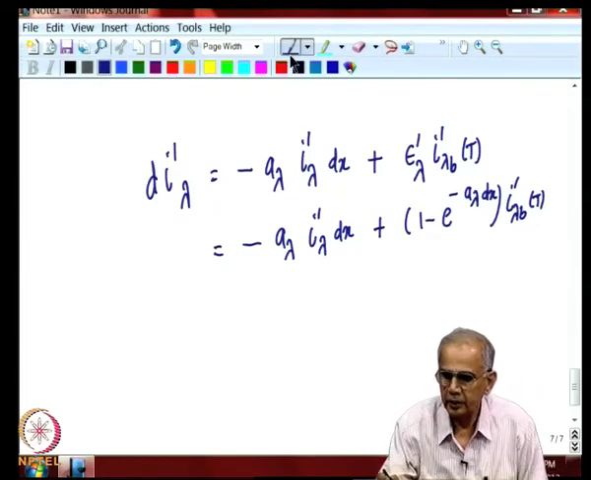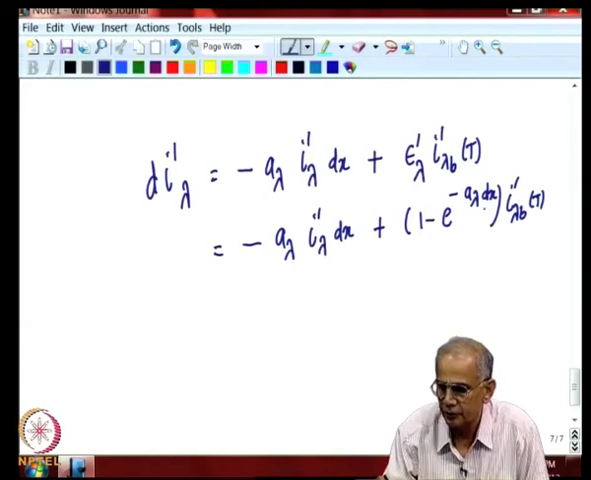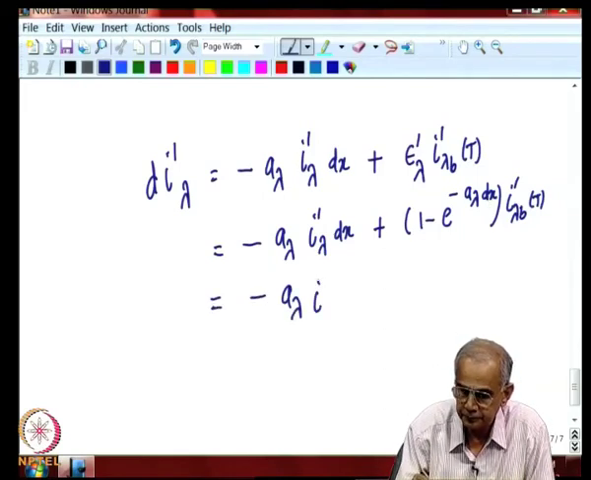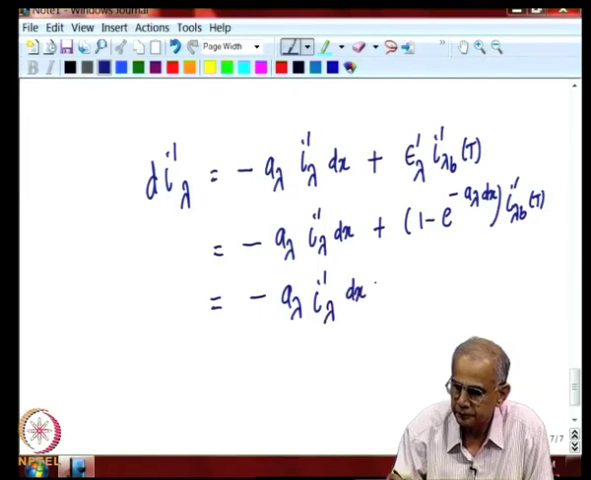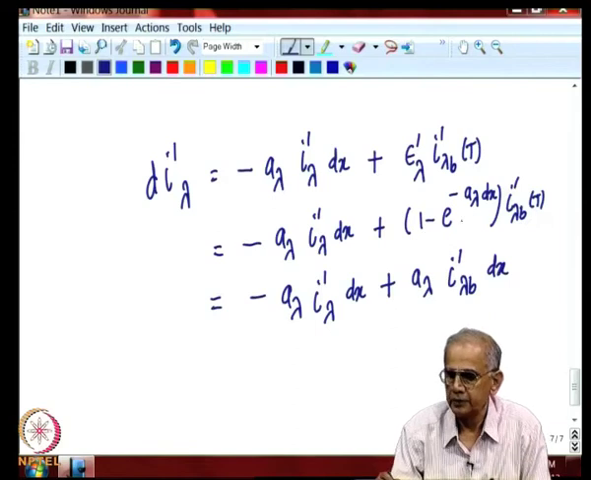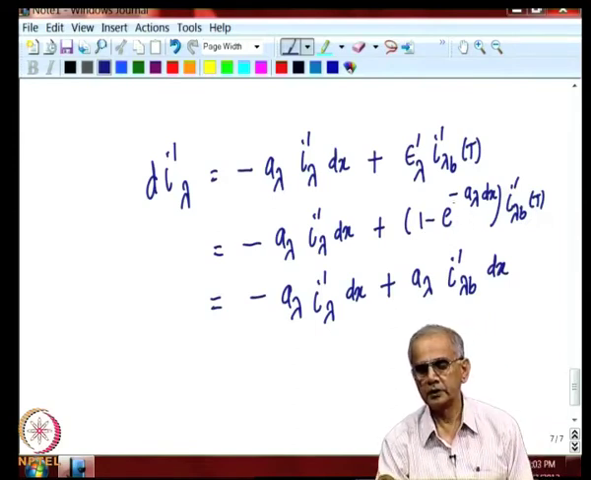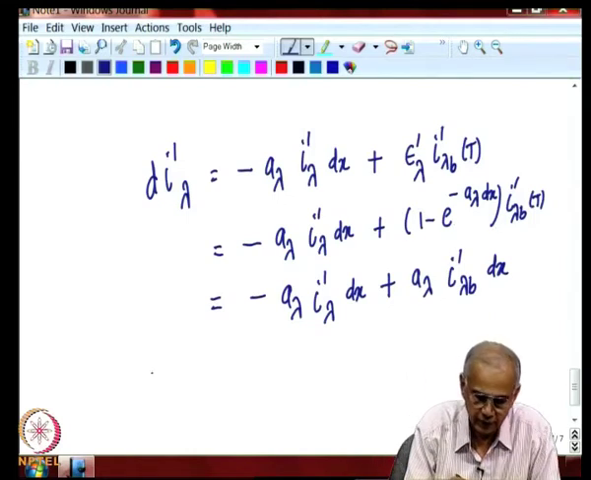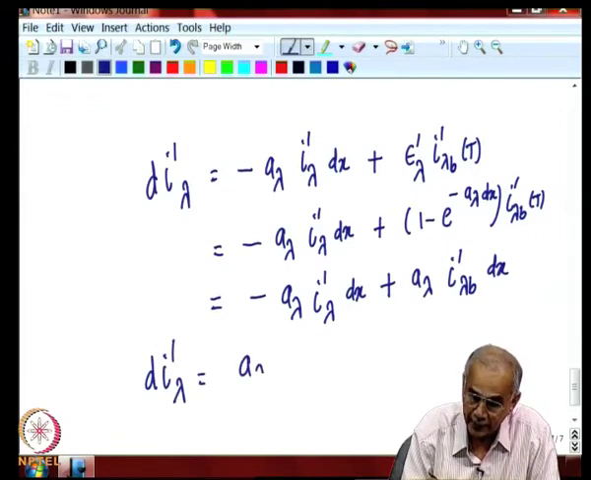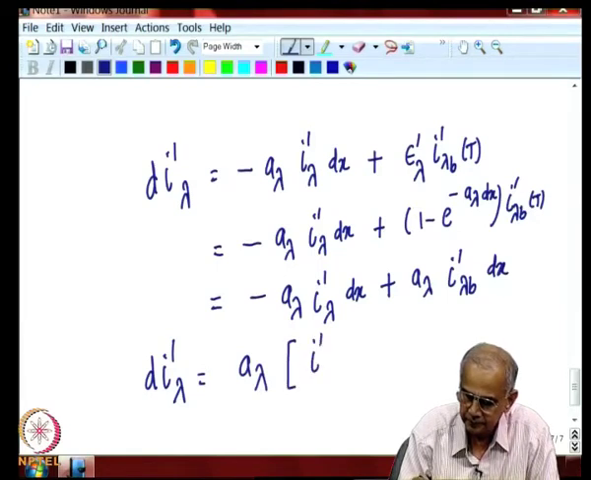So, if you take the length dx to be small, dx is a quantity you have chosen, we can keep it as small as possible, and as dx tends to 0, this will become 1 plus, for small a lambda dx. This is nothing but 1 plus a lambda dx, 1 will cancel out, and you have this equation. So, finally, we have the equation for change in intensity due to both absorption and emission by the gases as